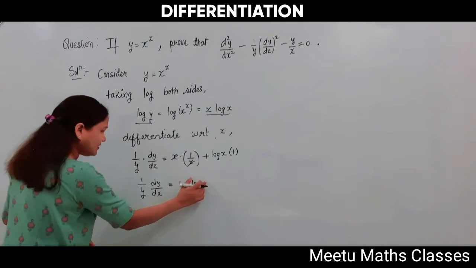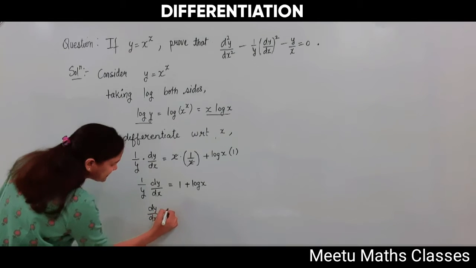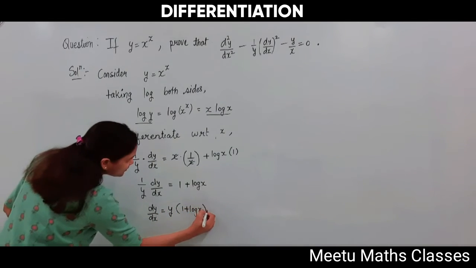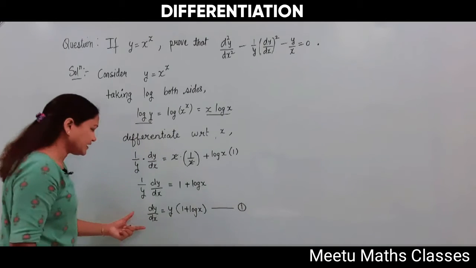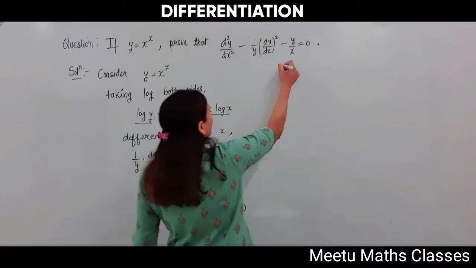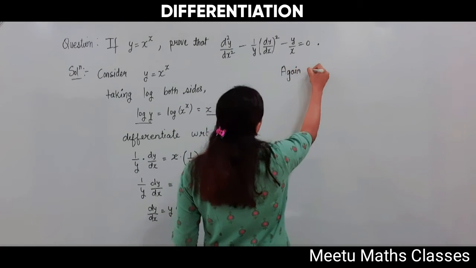Now y can be taken to the right hand side, y into 1 plus log x. So this can be taken as 1. Now differentiating 1 again